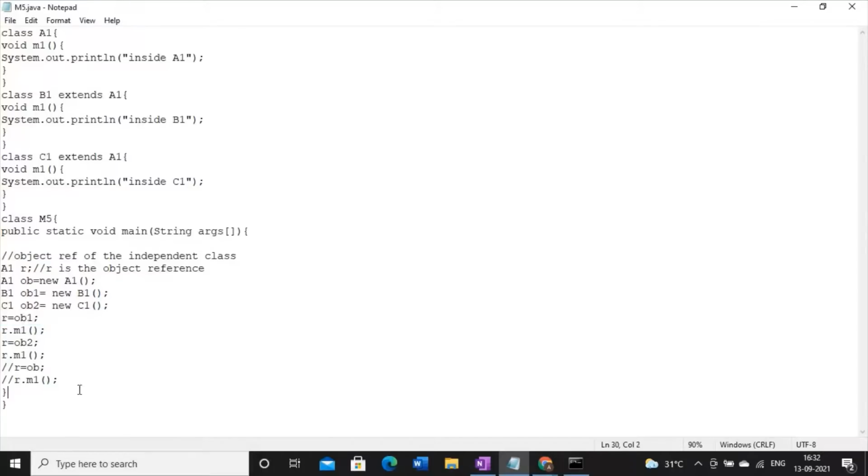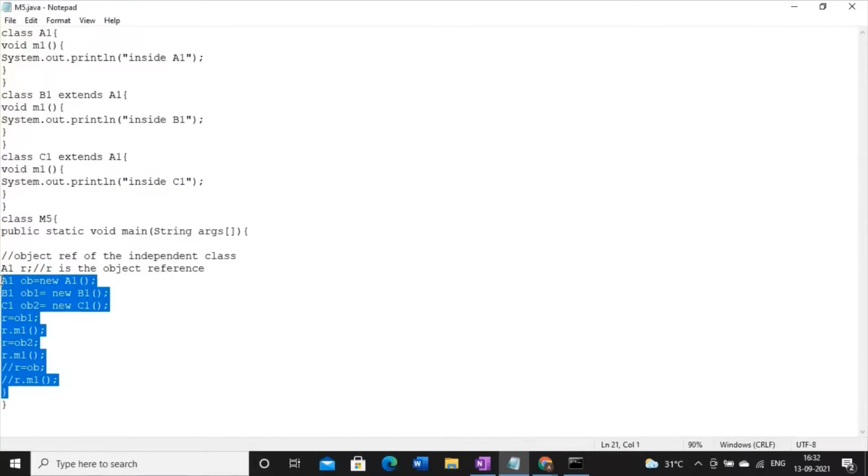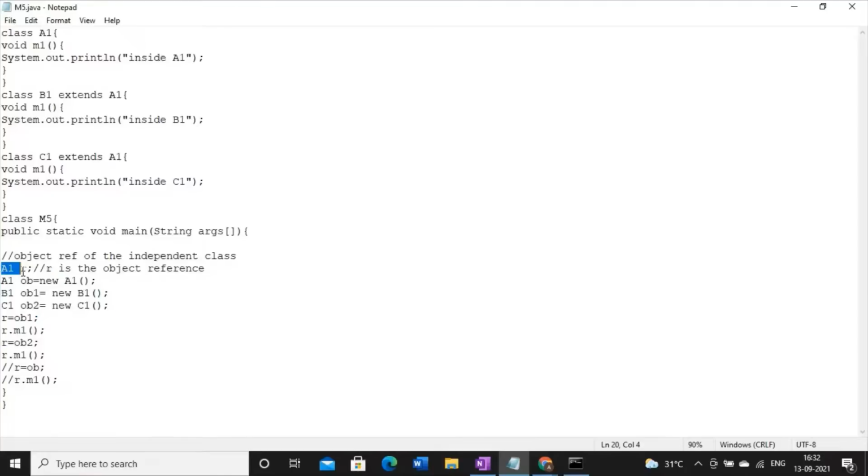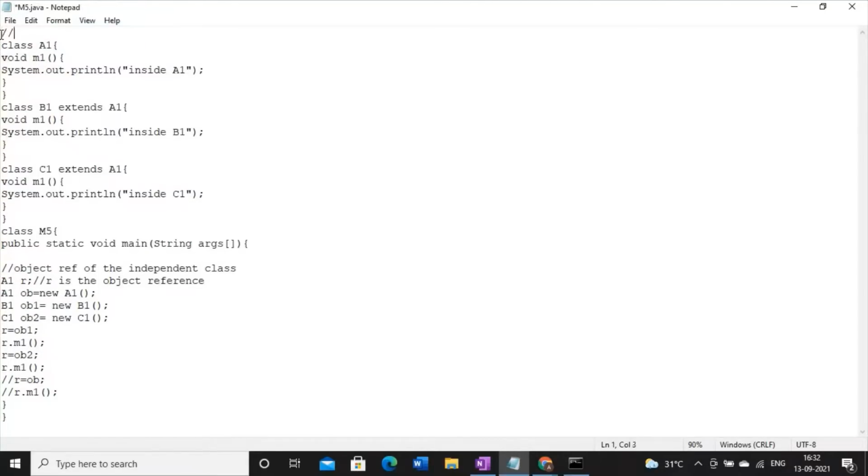So whatever decision is taken here with the help of the reference variable is totally performed at runtime. That's why solving the problem of method overriding in case of hierarchical inheritance using a reference variable is known as dynamic method dispatch, and it is a classical example of runtime polymorphism.